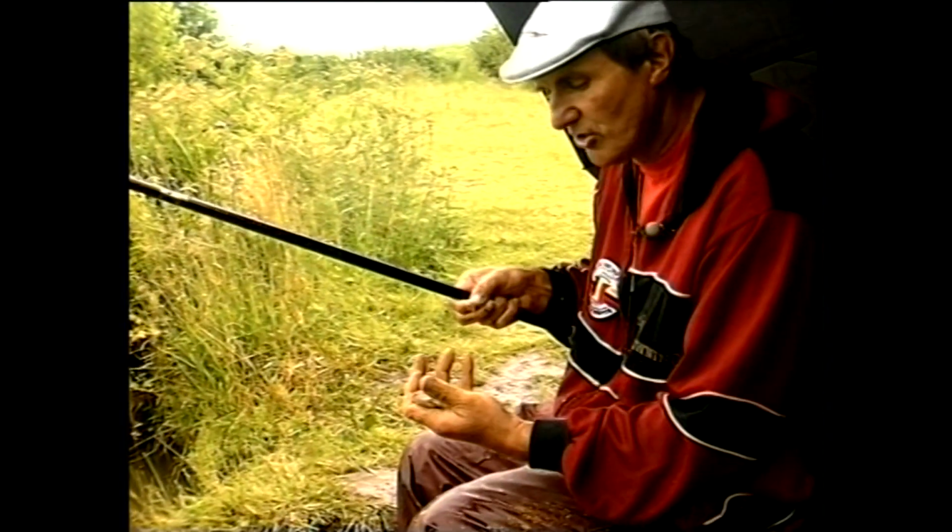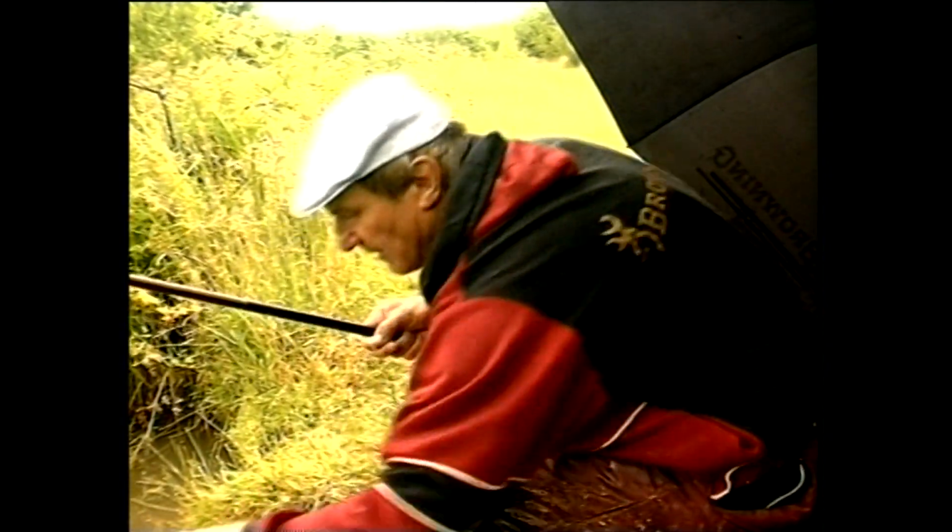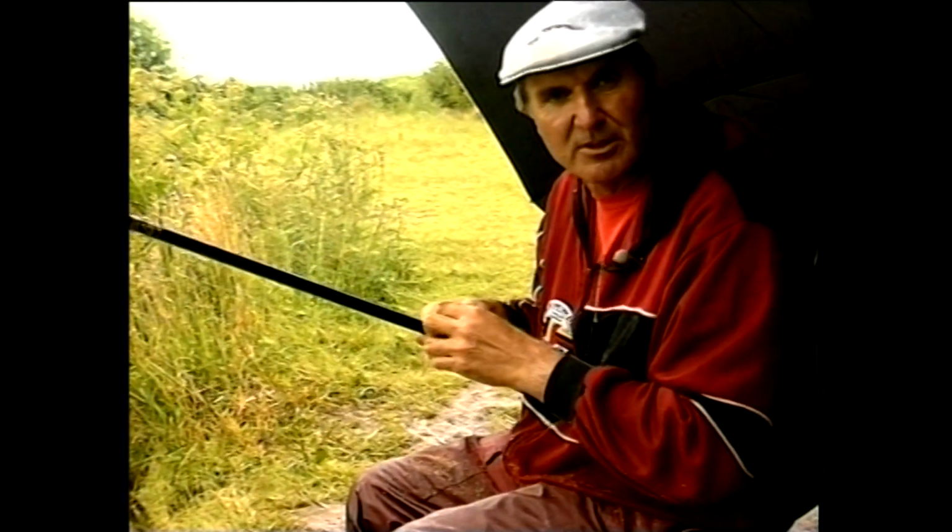Another little perch. It's strange now, they're all perch on this ground bait. Don't usually associate perch with ground bait, but